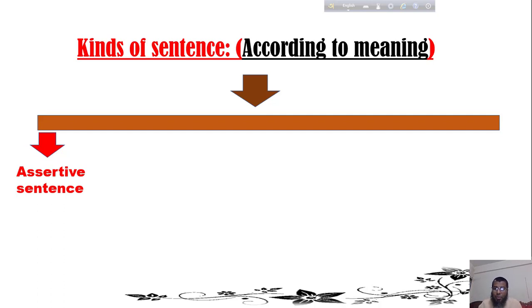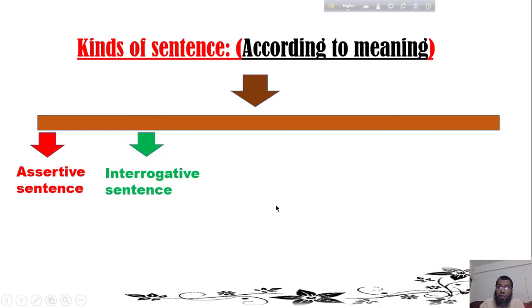Assertive sentence. Have you any idea about assertive sentence, my dear students? What is an assertive sentence? I think you have the idea. Here, the word assertive derives from the word assert. Assert means describe or confess or agree and sometimes deny. That means the sentence by which we describe or give any statement about a thing or a person is an assertive sentence. And the next one is